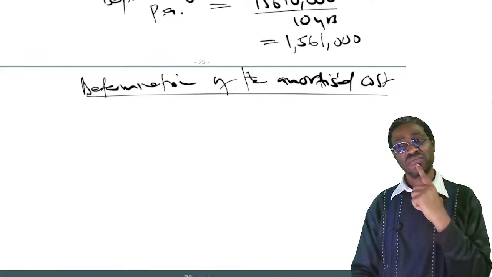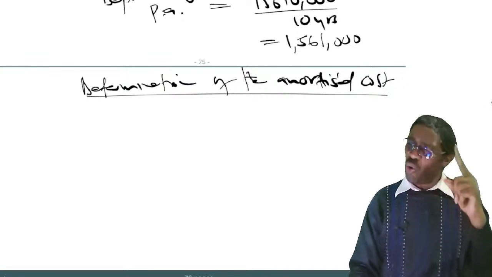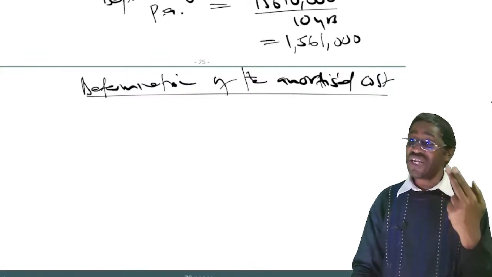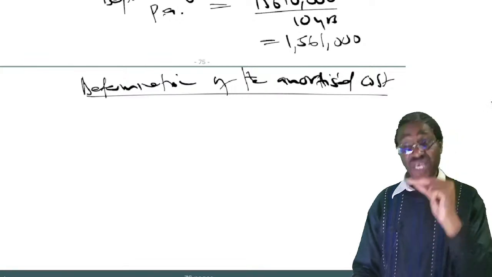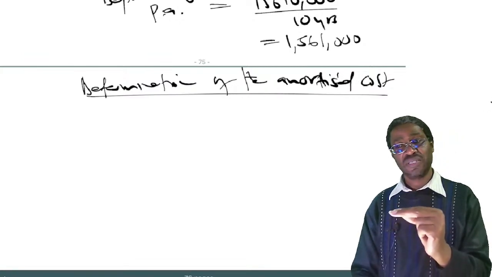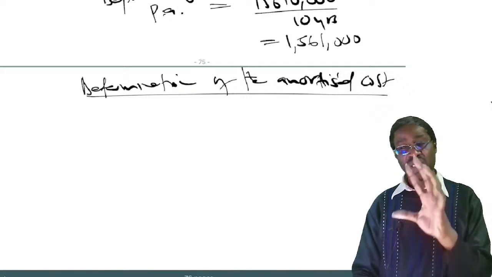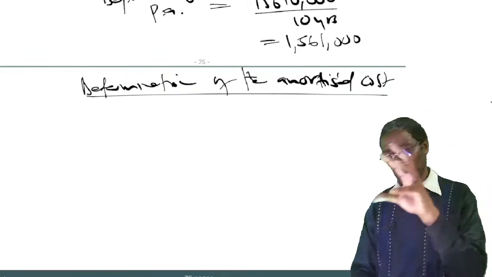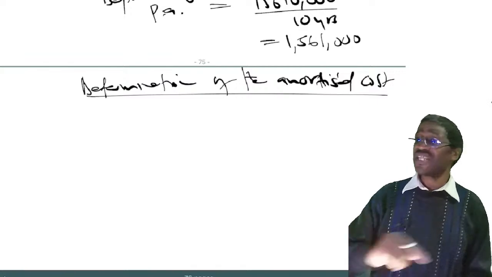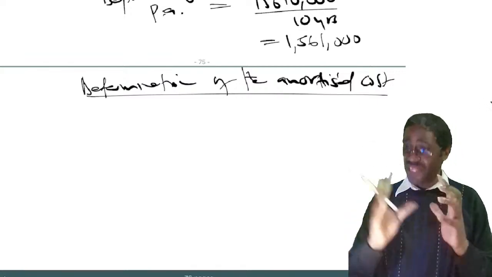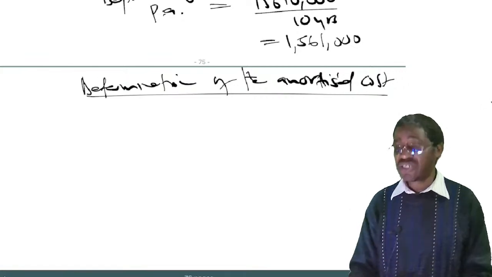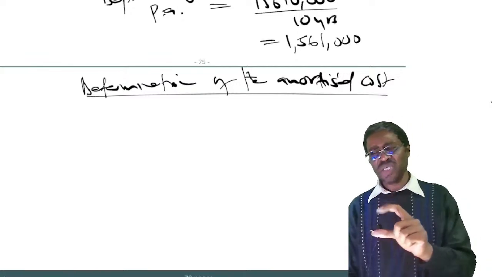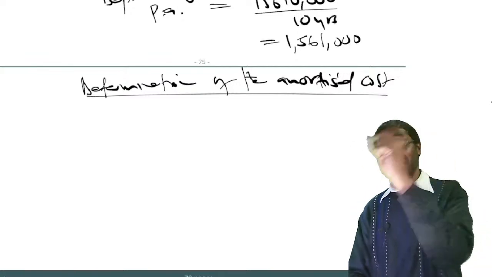Listen. Are you required to pay your installments in advance, or are you normally required to pay your installments in arrears? The tables are different. If you are paying your installments in advance, the table will flow differently. If you are paying your installments in arrears, meaning at the end of each year, then you prepare a different table.